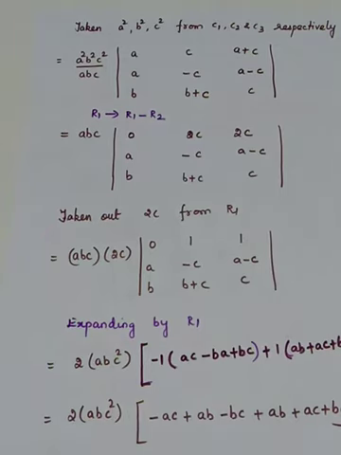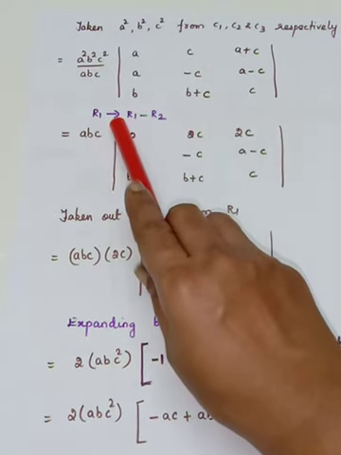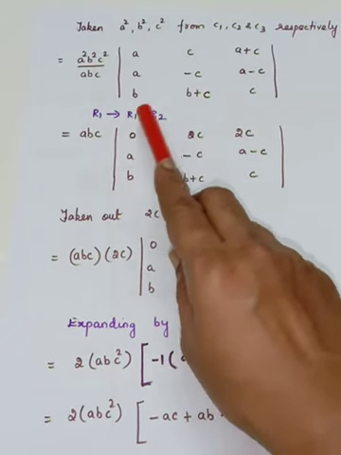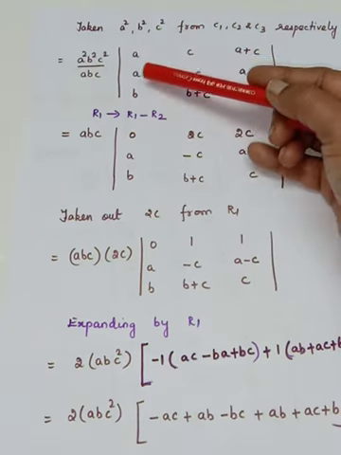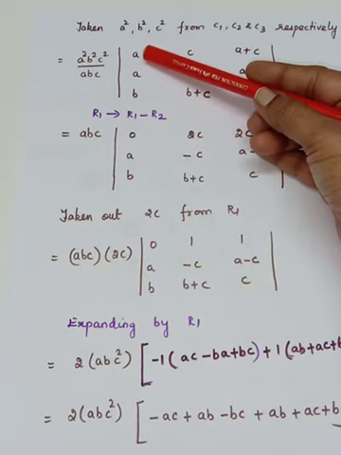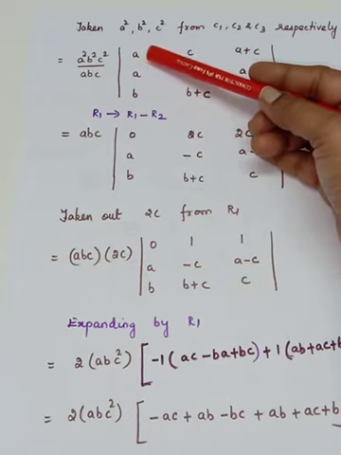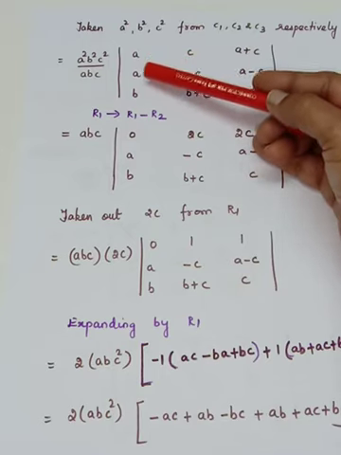Next, what are you going to do? You are going to find the value. If you make one or two terms 0, it is easy for you to find the value. So I am going to do the transformation R1 as R1 minus R2. So I am subtracting R2 from R1, because here you are having A, here also you are having A. If you subtract, you will get the term as 0. While you are expanding, if you have 0, it is easy. Okay, 0 into anything will become 0. So that's why I am going to change R1 as R1 minus R2.